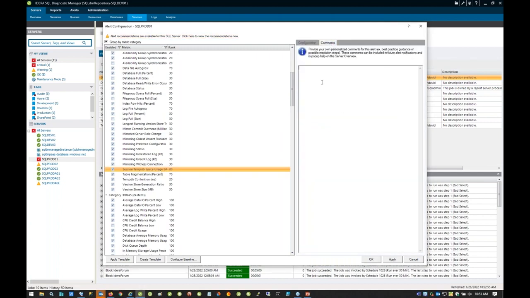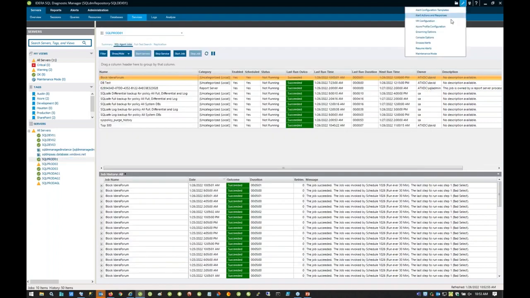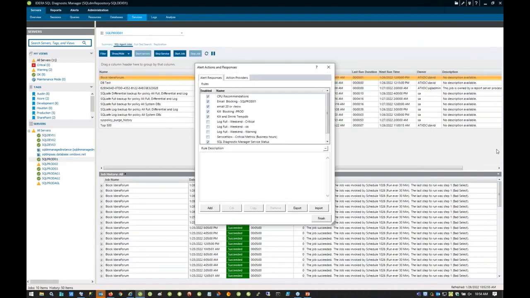Well, I can go into this comment section and say, last time this happened, XYZ, blah, blah, blah. So I can input my own internal knowledge base information into these alert metrics, right? So you can put a whole workflow in here of how to solve the problem related to this alert into the actual metric. And this is going to be instance specific, right? And then once I've done that, when you set up your alert action response, which we haven't really discussed yet,